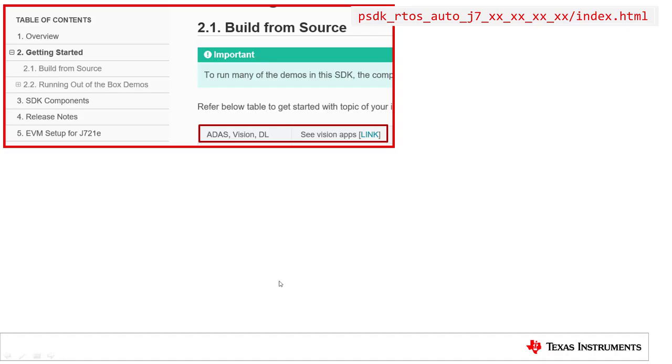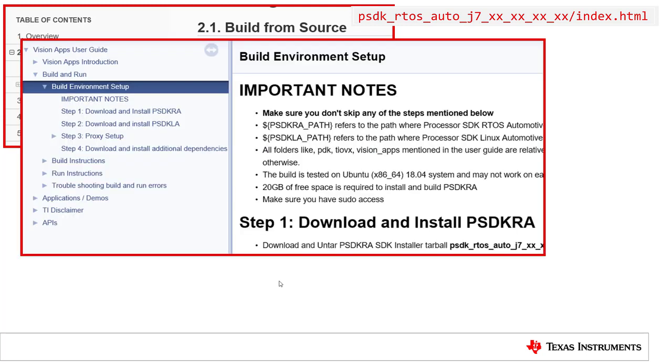Now let's look at the steps to set up the build environment, build and run out-of-the-box demos on the Jacinto 7 EVM. Build and run instructions are included as part of the Vision Apps user guide. You can navigate to this from the top-level PSDK RTOS documentation link. As a first step, the host side build environment needs to be set up. Follow instructions described under the build environment setup section of the user guide.